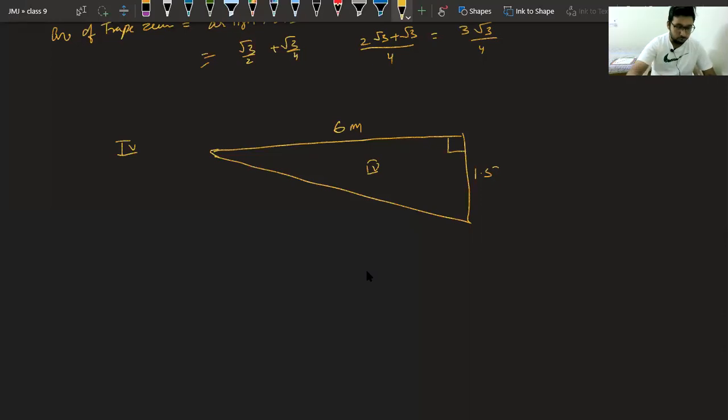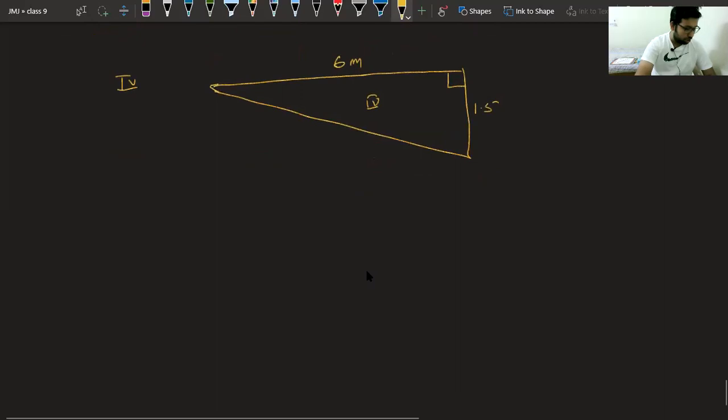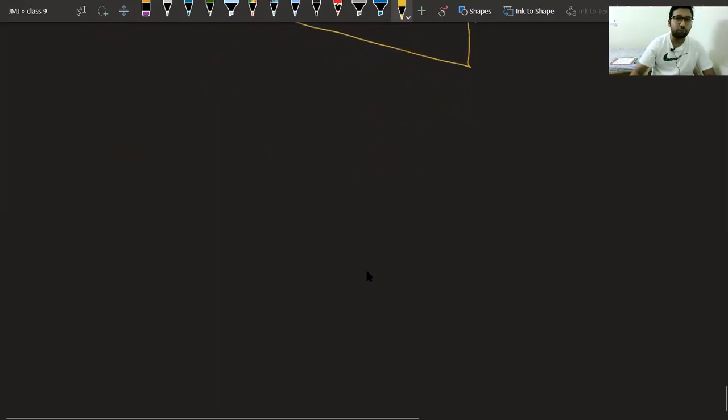Okay, now I guess question number 3 is a little bit clear to you. Now question number 4. Question number 4 is a very important question to understand these concepts. A triangle and a parallelogram have the same base. All of you try to make the diagram. A triangle and parallelogram have the same base and the same area. So class, we have a parallelogram and a triangle.